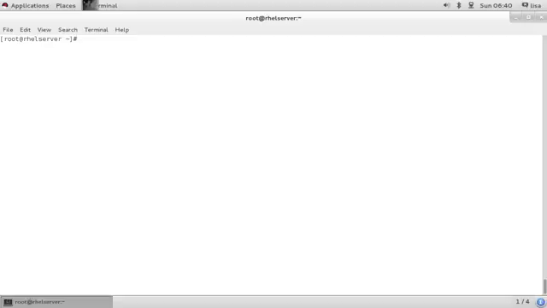Let's have a look at links. I have just explained the difference between hard links and symbolic links. Now let's have a look at the command line, how exactly this difference behaves. So in order to do my demo, I'm going to show you